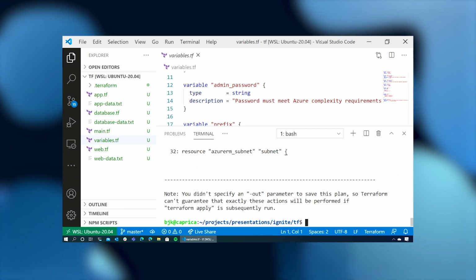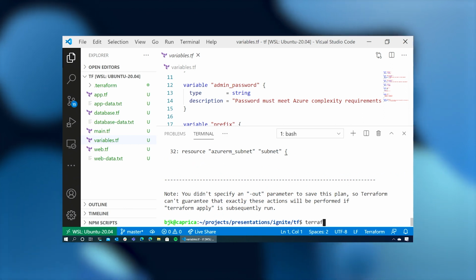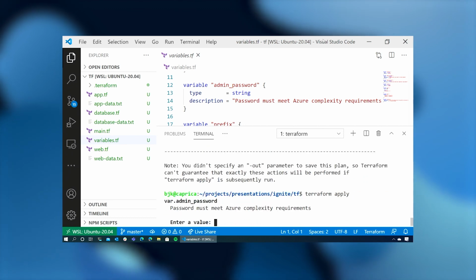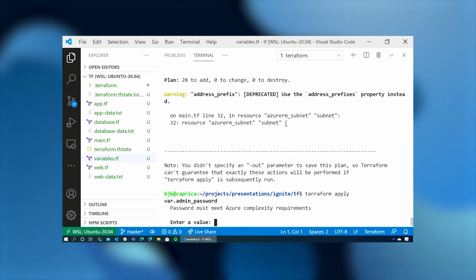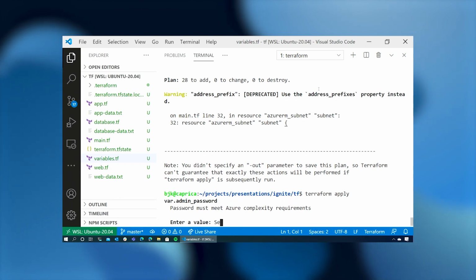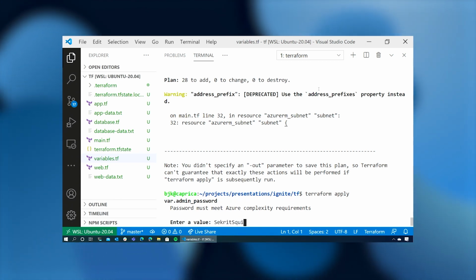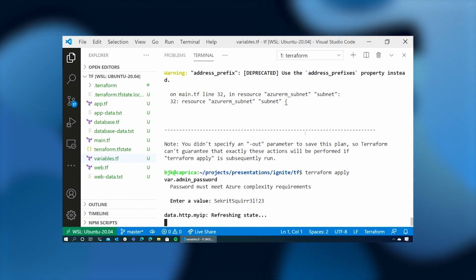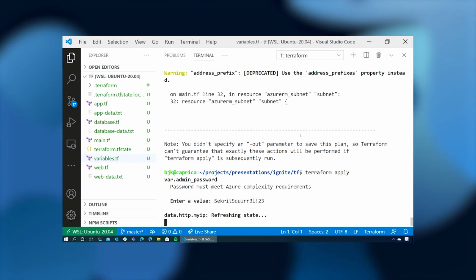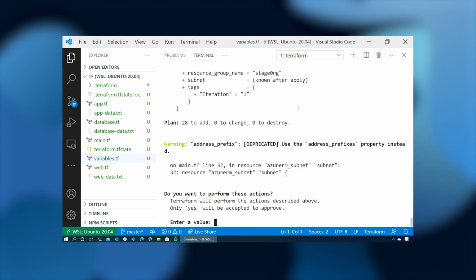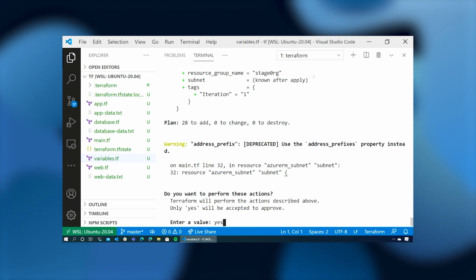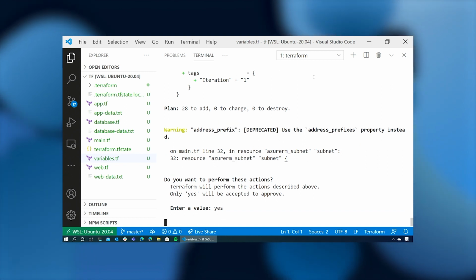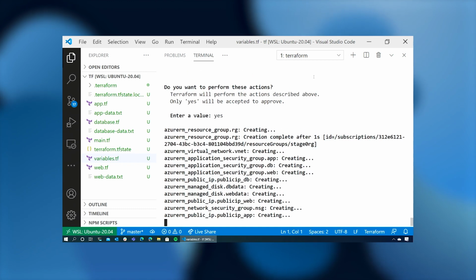our Azure account. So if we type terraform apply, we'll enter our password again. And we'll watch as it goes off to Azure and again refreshes the state to make sure that these resources that we've requested don't already exist. And it gives us the final prompt. Are you sure you want to do this thing? So we say yes. And we watch it take off as it goes off and starts to create the bits